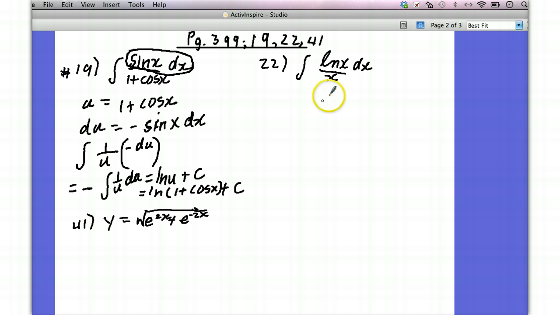I think by now you'll be able to say, oh, if I put u equals ln x, I'm going to have 1 over x dx, and that's what I want. So here I'm going to put u equals ln x. So your substitution has got to be very, very skillful so that you can substitute over completely from x to